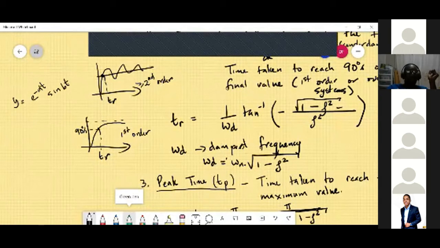So to find, for example, rise time, you equate this formula to 1 and solve, or you equate it